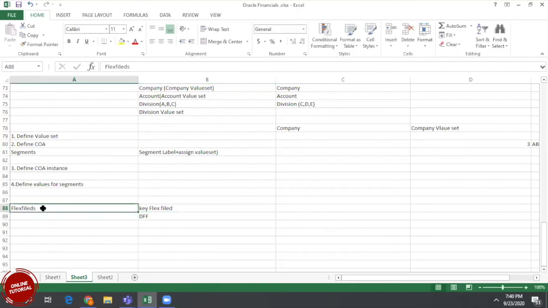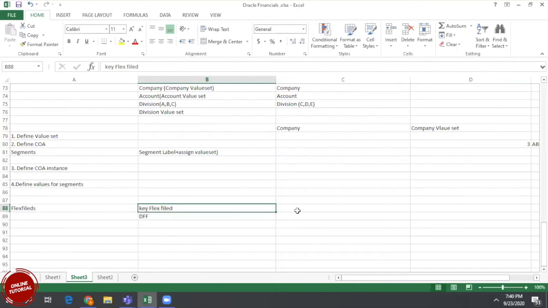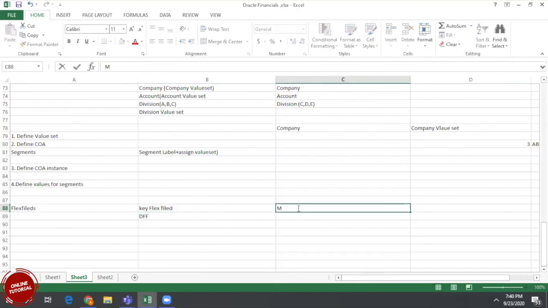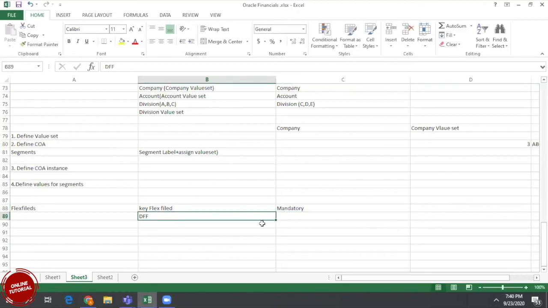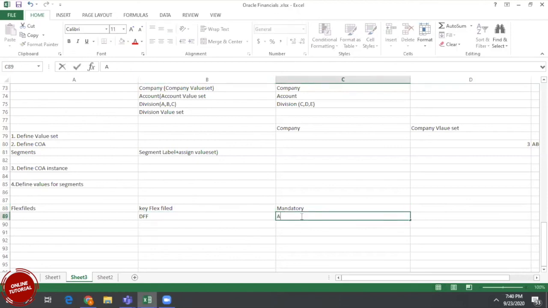These flex fields are very useful throughout the application. If you want to define mandatory things, then we need to go with the mandatory flex field called key flex field. DFF is an optional or additional flex field. Designing of chart of account is mandatory, so you cannot skip that.